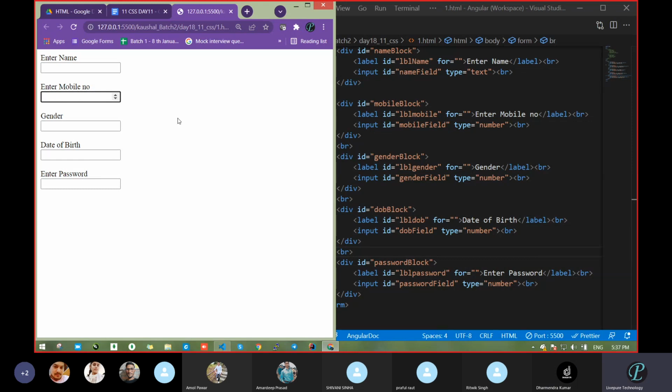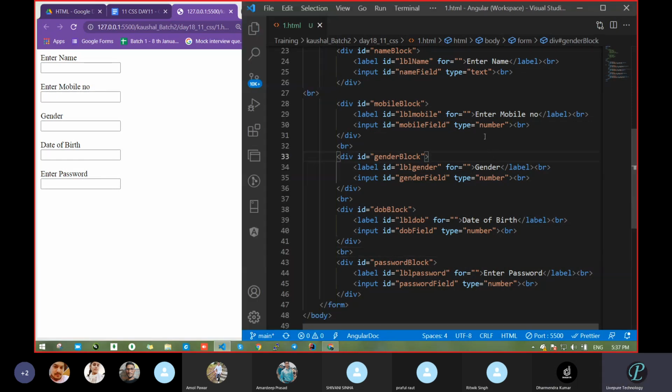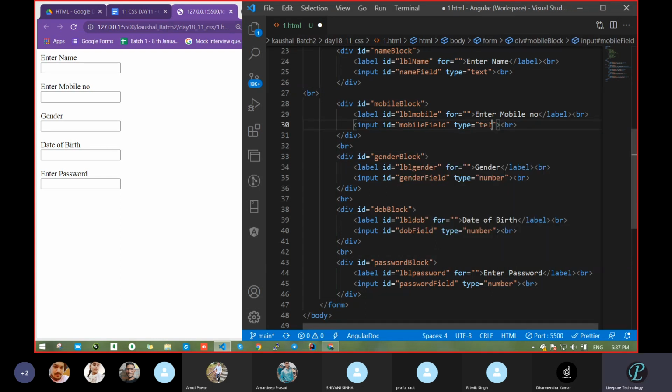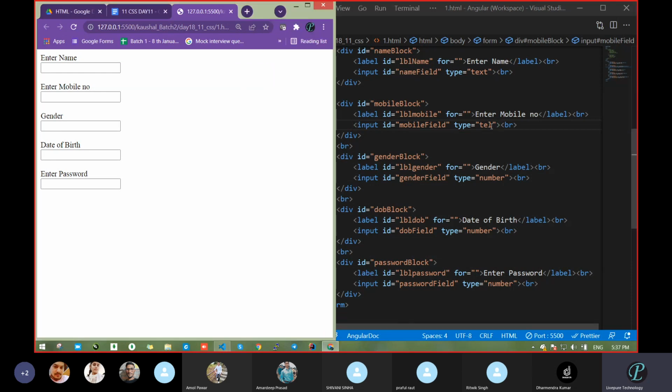Not an issue. You can take another option also, that is tel, TEL. When you search that, you will get tel. Tel means telephone. But if you take that, it will also work, because you have to do the validation side. A mobile number is not that big. But what is the difference when we take number and when we take tel? Can anyone tell me?